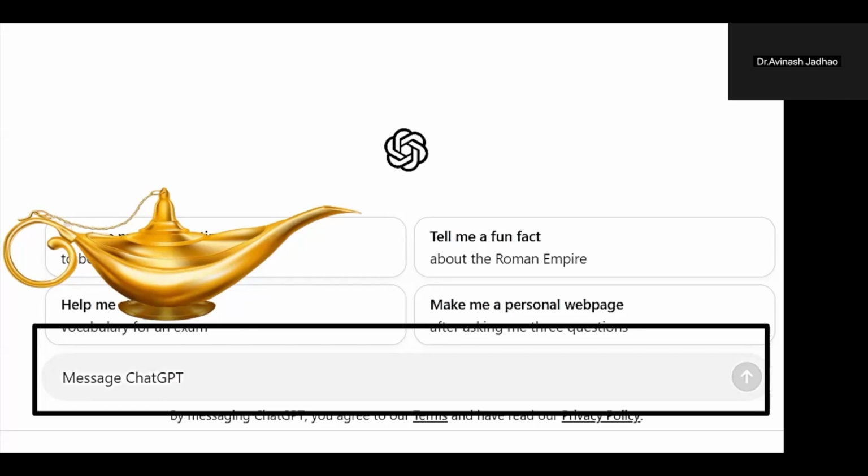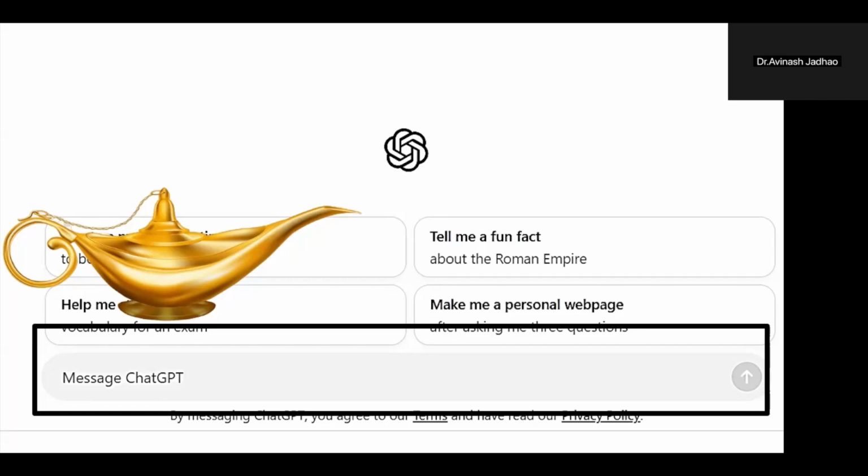During our time, we used to spend many months completing our thesis, removing the numerous corrections. You have to write your introduction, materials and methods, review of literature, results, and discussion, and then go to your guide, who may suggest corrections. This cycle takes around 12 months. But with the help of ChatGPT, you can complete your research paper or thesis in a span of 5 to 10 days. You can reduce the time spent on that work and complete it within 5 to 10 days.